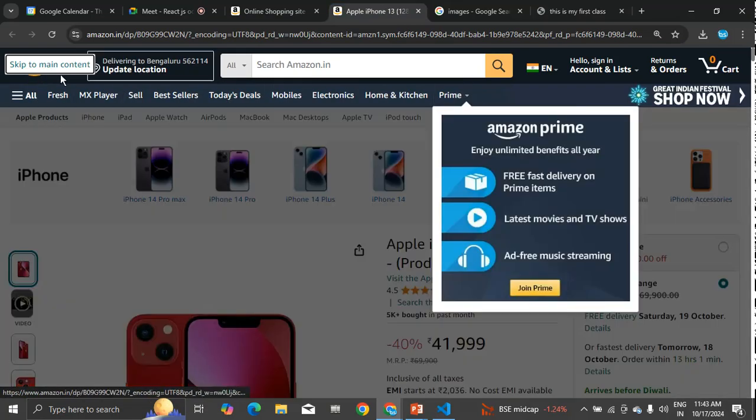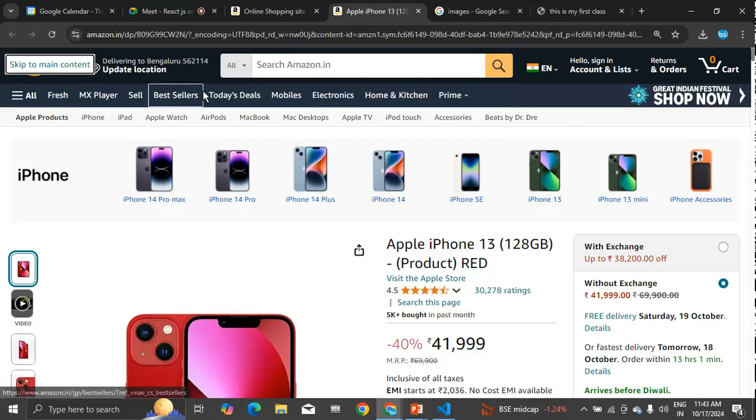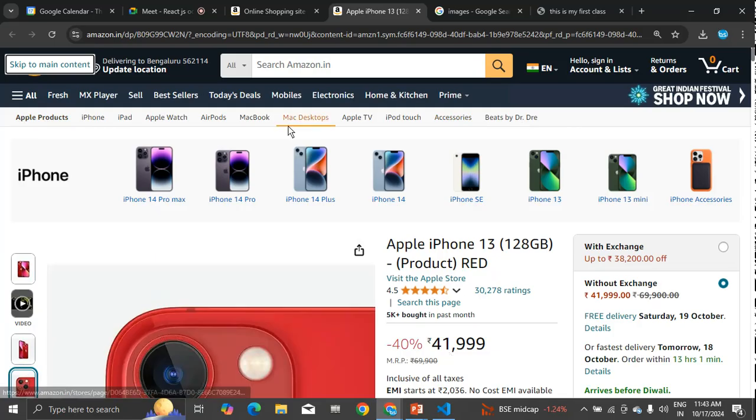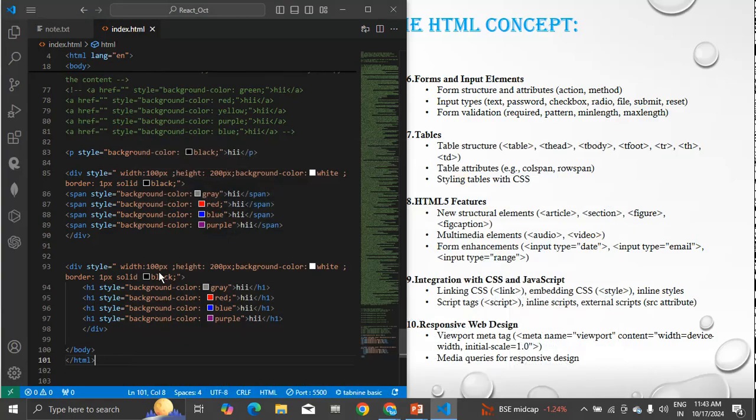In this format, in this line, when you are creating, you don't want it to come like this, that is 1, 2, 3, 4. You need this part of the thing. At that time what you will be doing, you will be using the span tag but not the h1 tag